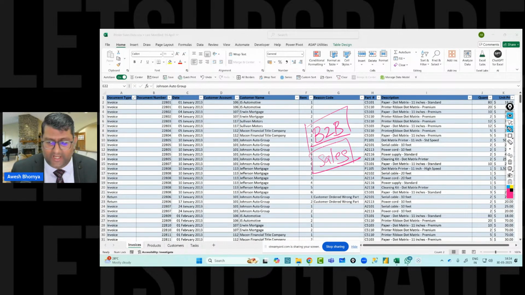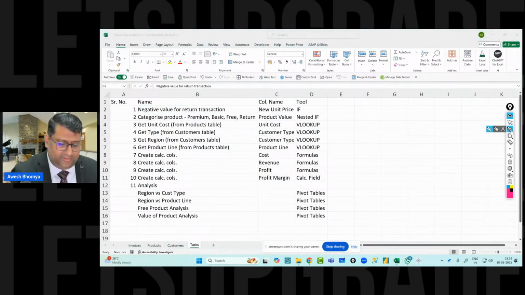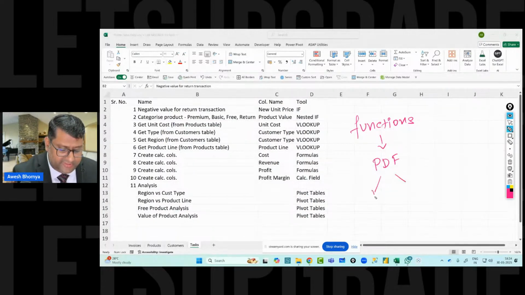Now, in order to do that, there are a few important formulas that we will need to use of Excel. So I'm assuming that you have some bare minimum knowledge of what formulas in Excel are and what are the functions that we use. So just to give you a quick understanding, functions are nothing but predefined formulas. Okay. And these predefined formulas take up certain inputs and they return the output for you, right?